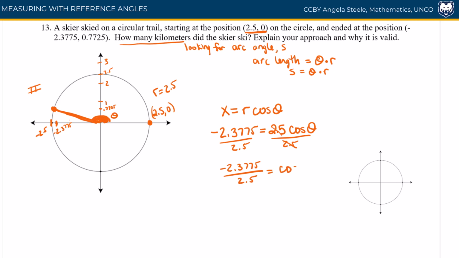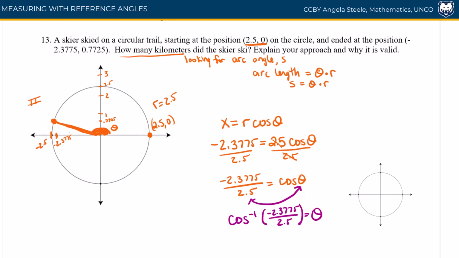And then in order to get our theta all by itself, we are going to take the inverse. So this now becomes cosine inverse of negative 2.3775 divided by 2.5 is equal to theta. Okay, so then when we plug this into the calculator, we get our theta is equal to